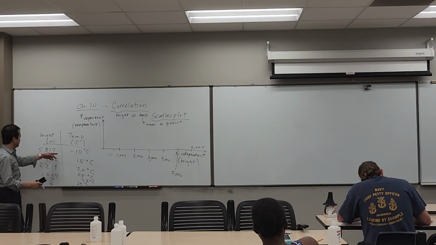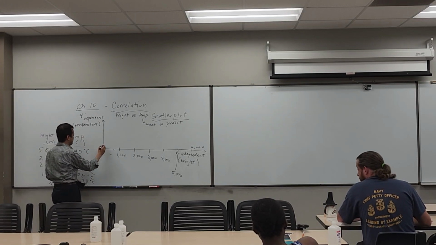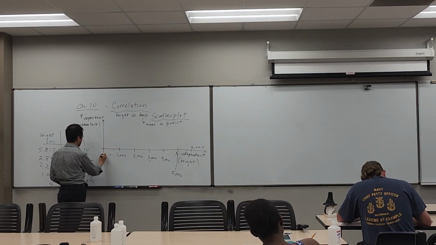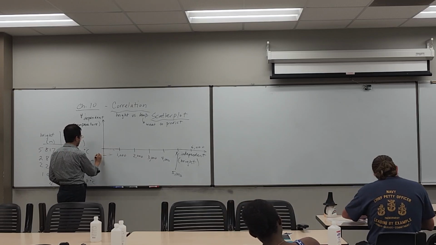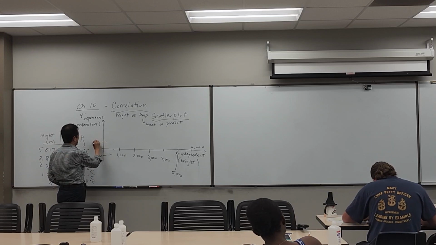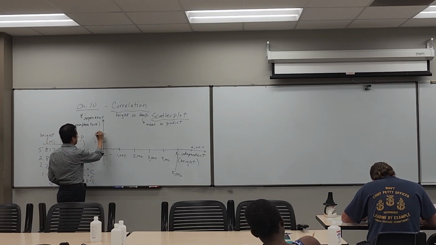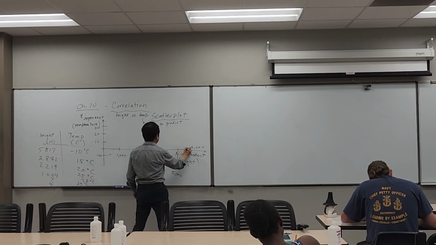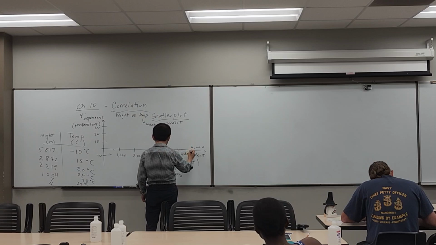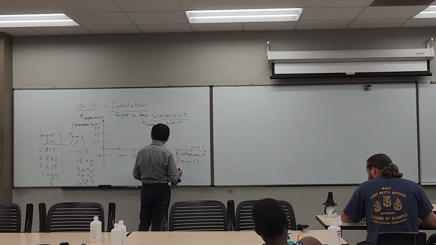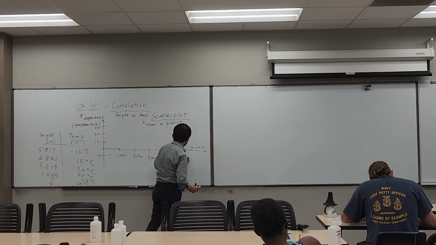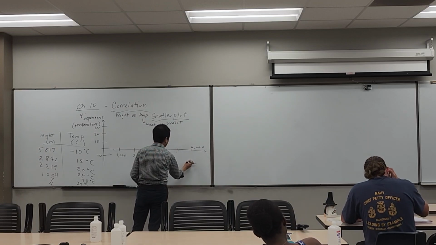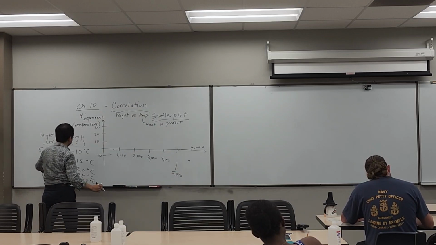Alright, so for each data point, we're just going to label it on this graph. So 5817 will be around here, at -10, here. And then